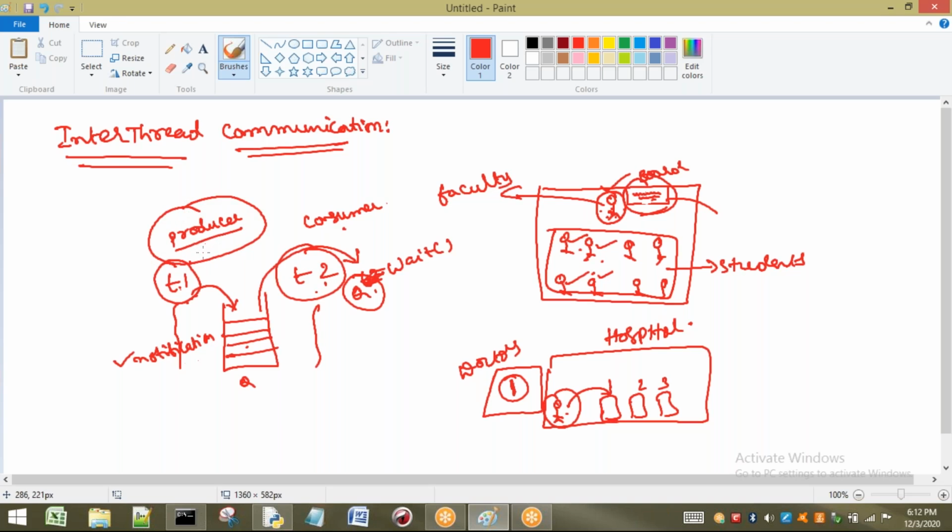After producing the data, he will give the notification to the consumer, so that as the consumer is in waiting state on the queue, it will come back to running state and it will consume the data from this queue. Okay, that means those who need some data which is given by others, those who need some updations on this one, they have to wait,